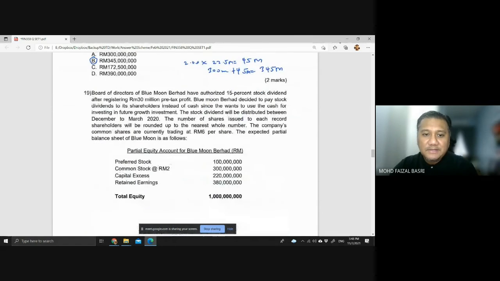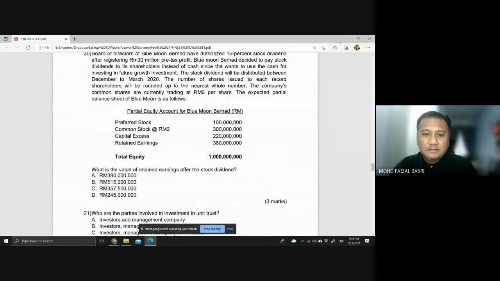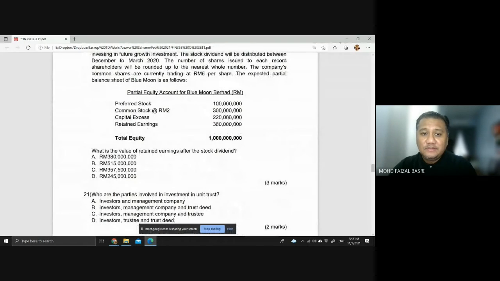So kalau ada soalan pasal retain earning ni, contohnya sepatutnya soalan ni yang dia letak first tapi dia letak ni kemudian. So it's supposed to be RM6 market price darab dengan 22.5 million, which is the percentage of stock dividend darab dengan current also, kita dapat 135 million, and kita akan withdraw from this 380